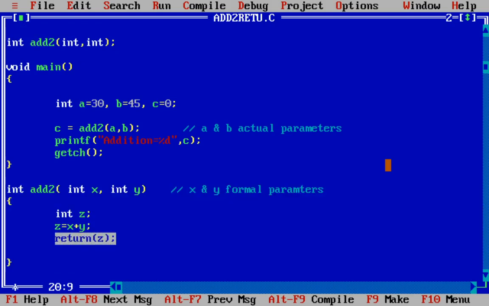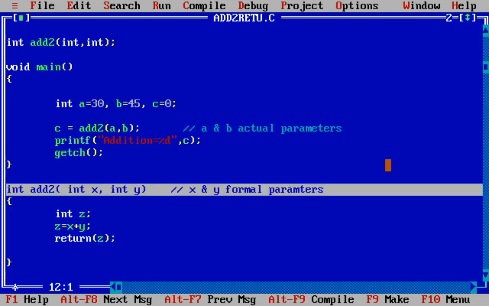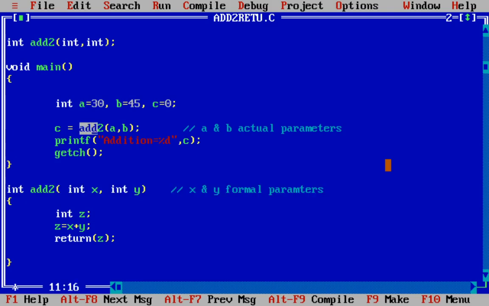The return statement is a keyword, a special statement in C that tells the compiler that from here onward you have to return the execution back to the calling function. That means back to the statement which called this add function. Which is the statement that called the add function? This. So as soon as this return statement is executed, the control will be returned from this to this. And here we can pass a value so that while returning, that value can be given back to this statement.